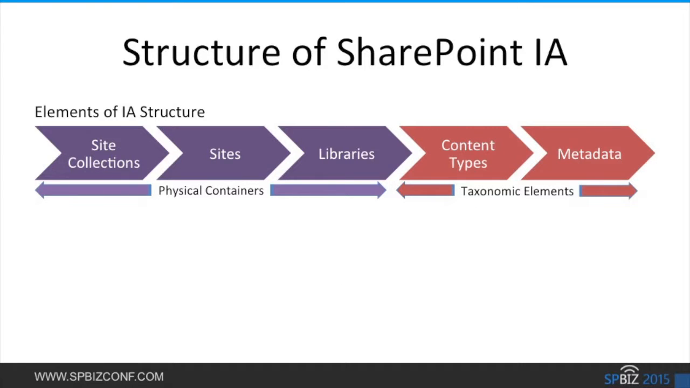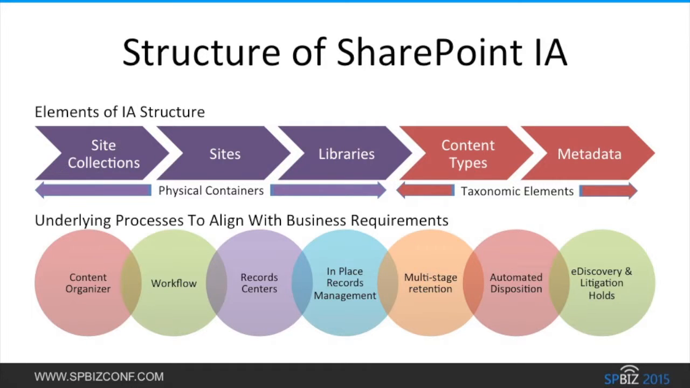Now, as we're designing our SharePoint information architecture, I find it's best to think about the physical containers, our site collections, sites, and libraries. And then we add to that our taxonomic elements of content types and metadata. Combining these 5 elements, we're able to structure an information architecture that supports our underlying processes, to align our information architecture with business processes through the use of the content organizer, to run workflow, which provide us with defined processes